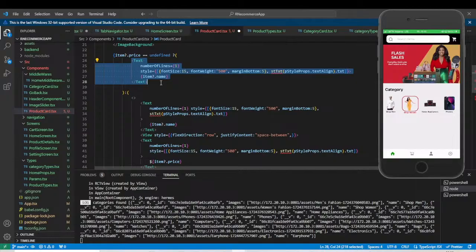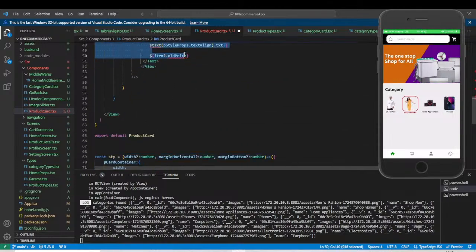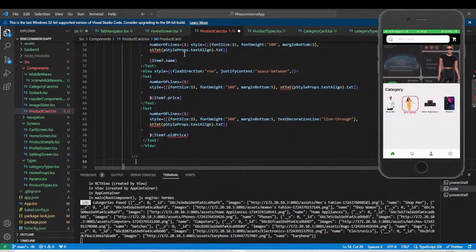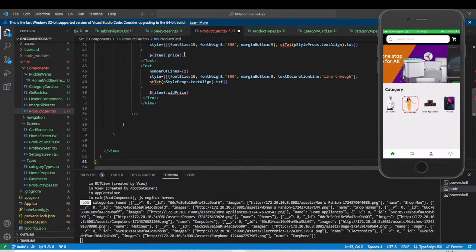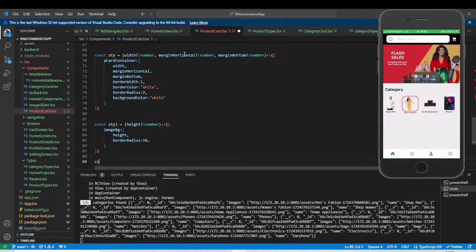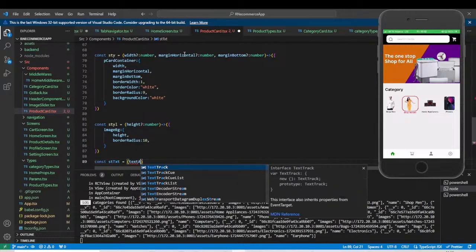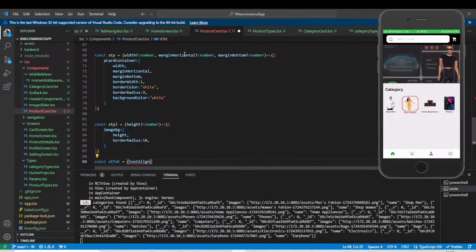But in a situation whereby we want to display the price and we are still going to be using the product card, so just one product card, we can reuse it, so we don't have to rewrite the card. So let me just bring all this down so you can see everything. So this is it. So in a situation whereby you only want to render the product card and the name without the price, it will render this. That means the price is undefined. But where you define the price, it will render this instead, and it will have the current price and the old price. Everything will be displayed, including the name. So you will see it very shortly. So let's quickly write